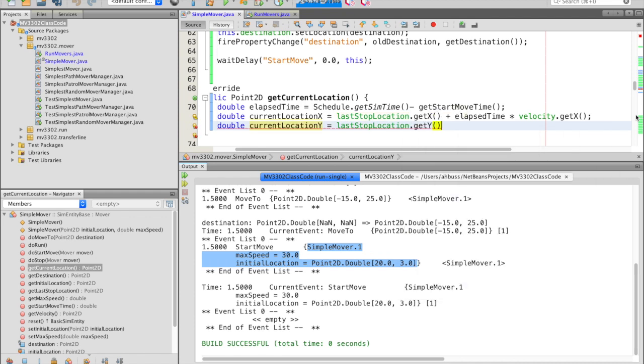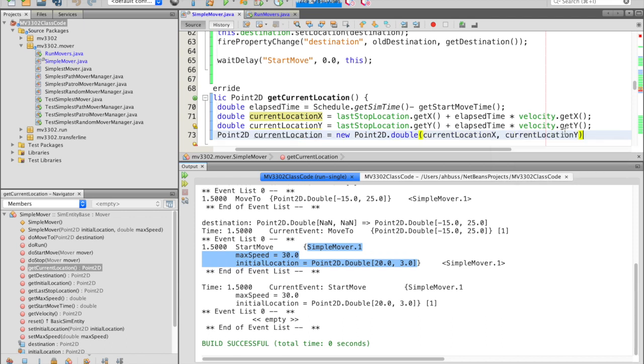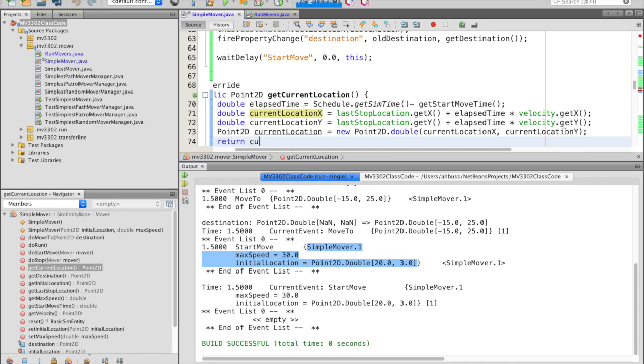But I get the Y plus the elapsed time times the velocity, get Y. It's actually easier than you think to accidentally have the X's and the Y's mixed up, but now, well, just to take baby steps. Okay, now the